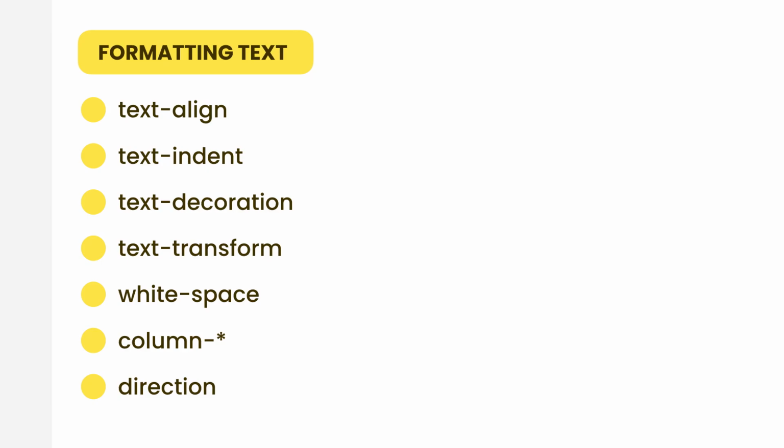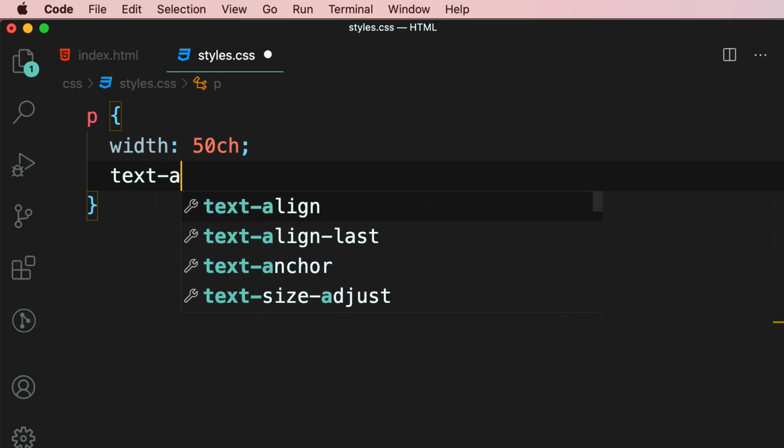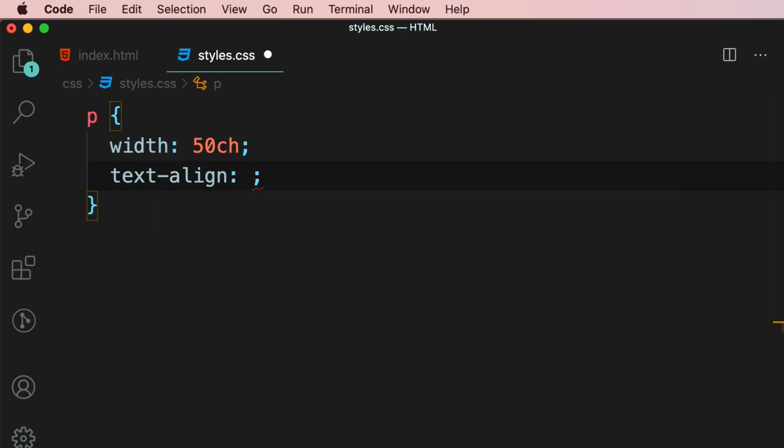Of course, there are many other properties. We're not going to cover them all. It's really pointless. The ones that I have listed here are the ones that I believe every front-end developer must know. So the first property we're going to talk about is text align, which is used for controlling the horizontal